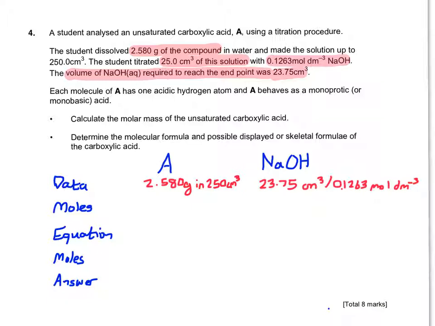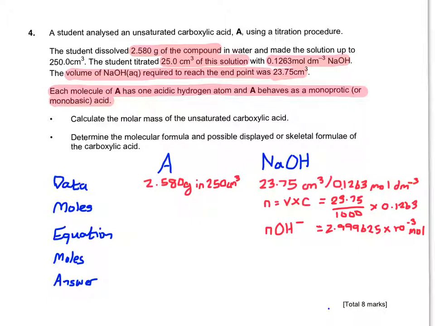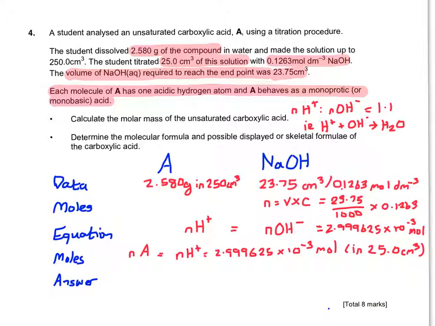amount of A is 2.580 grams in 250 centimeters cubed, we have no idea how to approach the number of moles of A, but we can get the number of moles of NaOH. So that would mean we have the moles of OH minus now. So we go back to the new piece of information. Each molecule of A has one acidic hydrogen atom, and A behaves as a monoprotic or monobasic acid. And if we remember that H plus and OH minus react in a 1-to-1 ratio during neutralization, that means we can state that the number of moles of H plus, and therefore the number of moles of A, in 25 centimeters cubed is